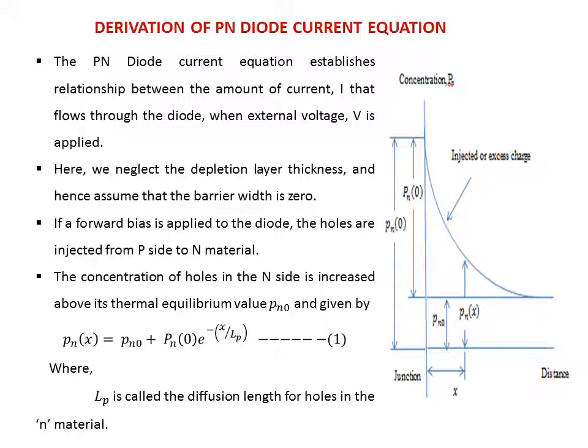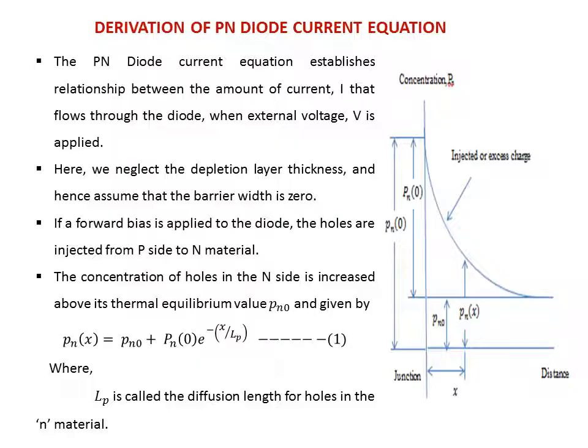Pn naught specifies the equilibrium hole concentration in the N side. Capital Pn of 0 represents the injected or excess hole concentration at the junction, that is at x equals 0, and small pn of 0 represents the entire hole concentration, which is the sum of the injected hole concentration and the equilibrium hole concentration. This Pn of x gives the hole concentration at the distance x in the N side,